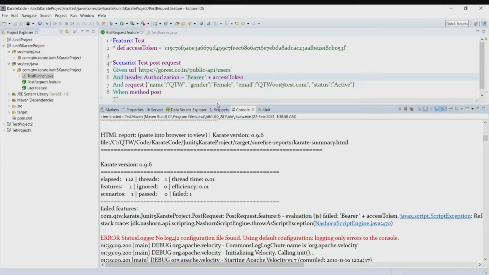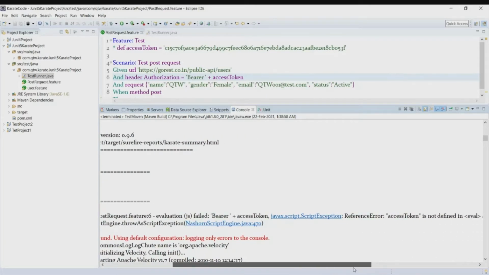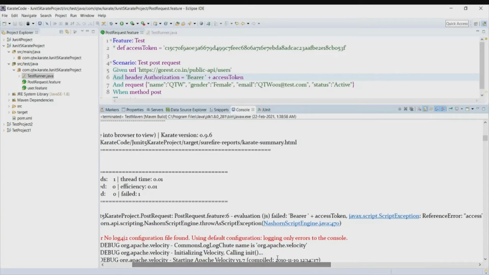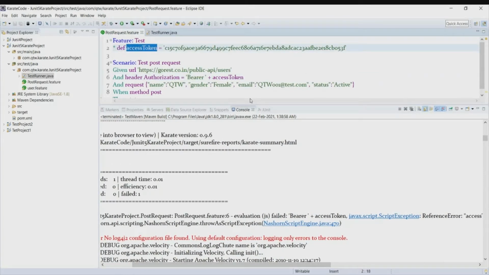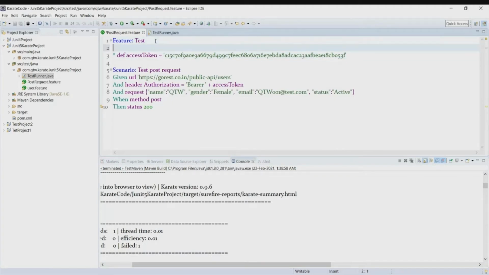So there is some error. Line number 1 is not defined. Okay, so we need to define this in the background.